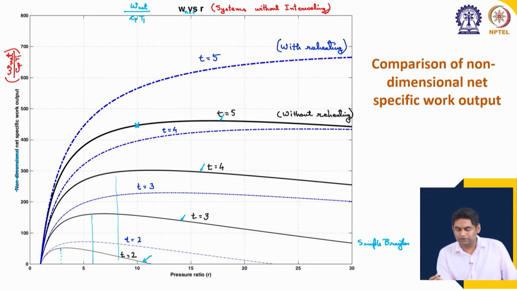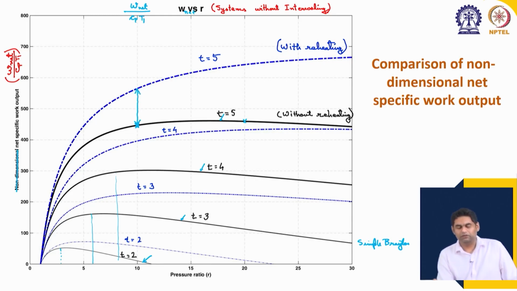So, if say we are interested in R equal to 20 for t equal to 5, directly we can see from here that it will be almost similar, maybe slightly higher, 45 point or 46%. Okay. We can more accurately get by interpolation. So, now by adding reheat we know that significant increase occurs. So, t equal to 5, you can see that from here to here we have a